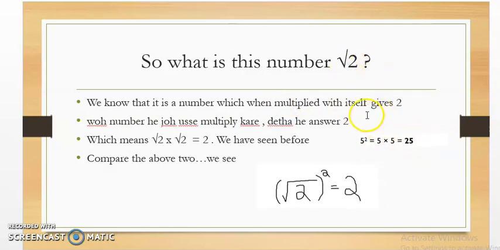Root 2 is that number such that that number into that number will give us 2, which means root 2 into root 2 will give us 2. So just as 5 into 5 gives us 25, we write 5 square is 25. Now we know that root 2 into root 2 will give us 2, so we can write root 2 square is